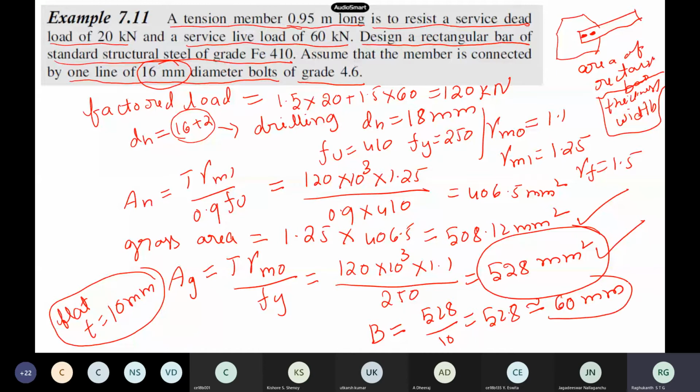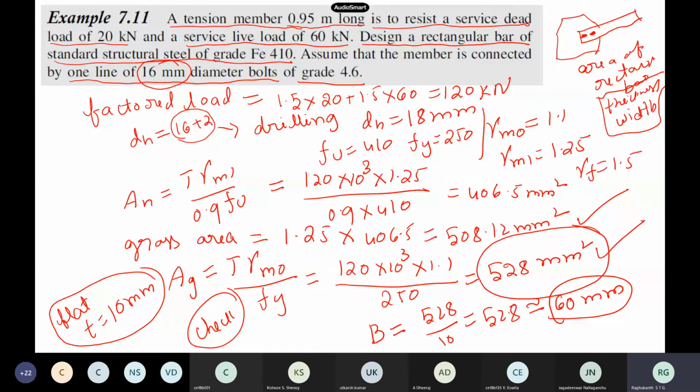So this is the width actual, and this is my thickness. So now you know all the details. Now we have to do the checks. We have to verify whether block shear, this shear, then bolts. We have not yet found out how many bolts are required. So all those calculations have to be designed here.